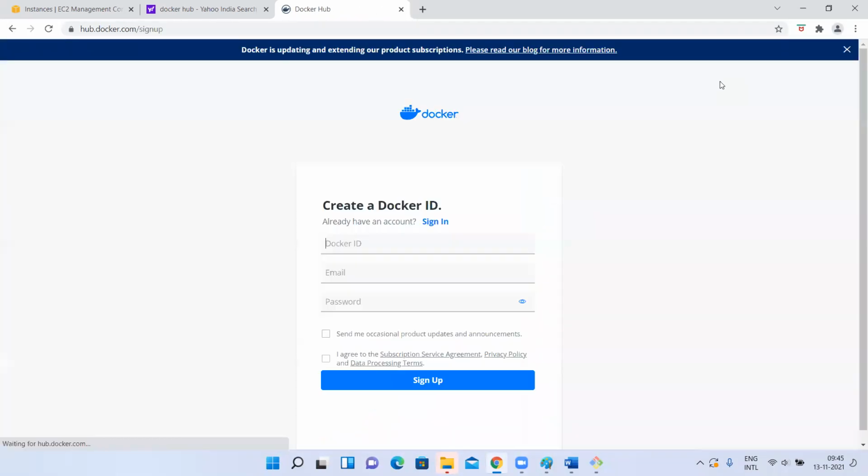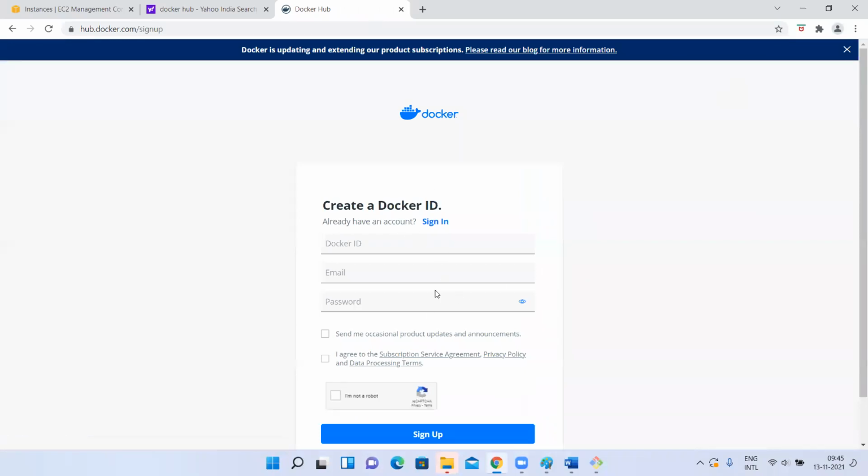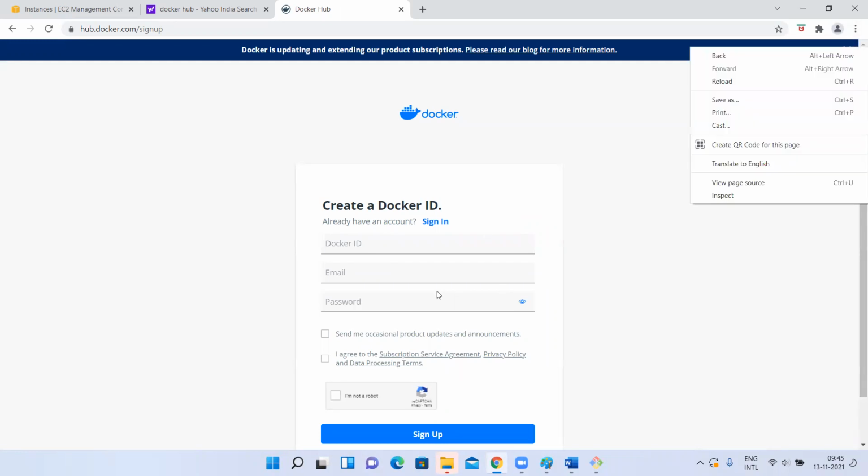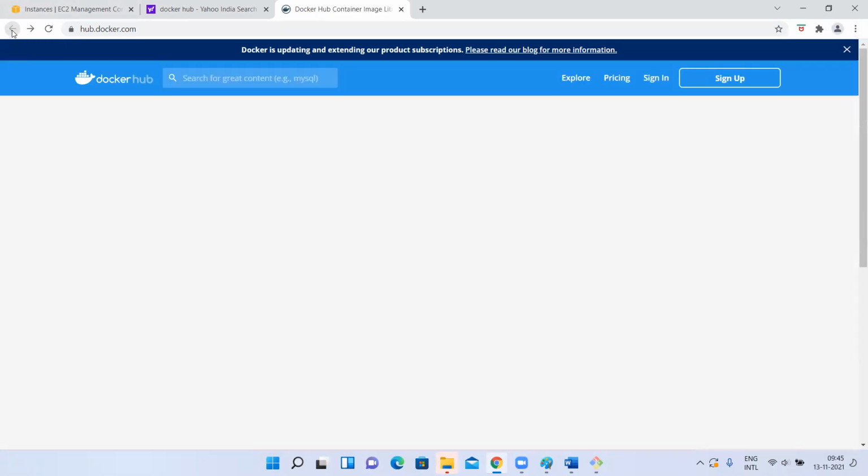And I want everyone to have a Docker Hub account by tomorrow's class. Right? By the next class, maybe tomorrow is Sunday, we don't have class, right? By the next class, everyone should have your own Docker account. You create and commit. If you don't have a Docker Hub account, that's it, I'll not allow you to attend the class. Okay, everyone create it, it will not take more than 5 minutes, hardly 5 minutes, right?